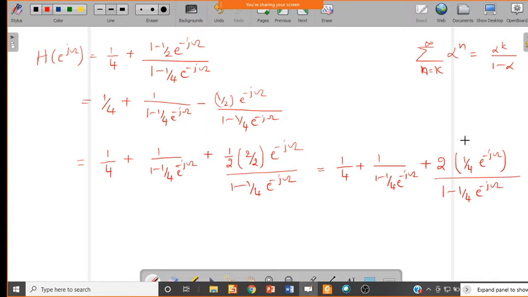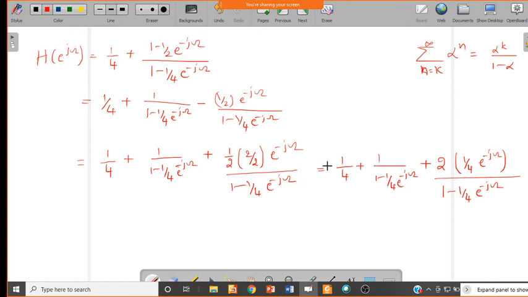So now if you compare this one with this one, the k value is 1 here. Okay, so if I put k value n equal to 1 to infinity, it will become alpha power 1 by 1 minus alpha. So now if you consider this as alpha, this is alpha power 1 by 1 minus alpha. Now we can write this in terms of the inverse discrete time Fourier transform. If you take the inverse discrete time Fourier transform, whatever alpha is there, that to the power of n into u of n minus 1 we can write it.